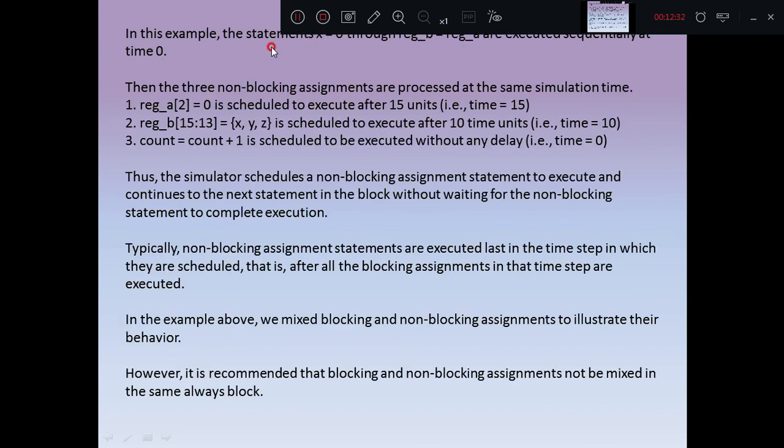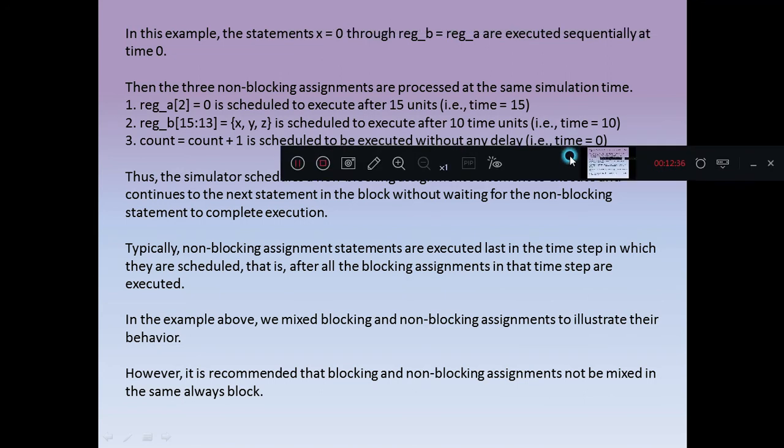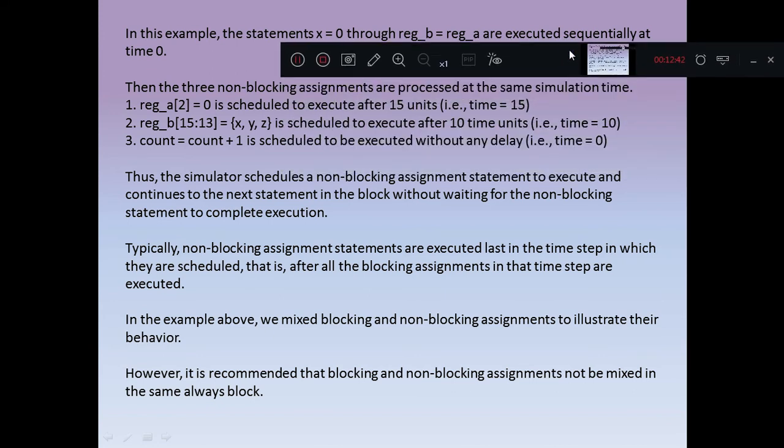In this example, you can see the statements x equal to 0 through register B equal to register A are executed sequentially at time 0. Then the three non-blocking assignment statements are processed at the same simulation time.